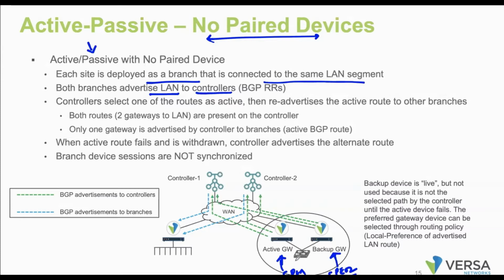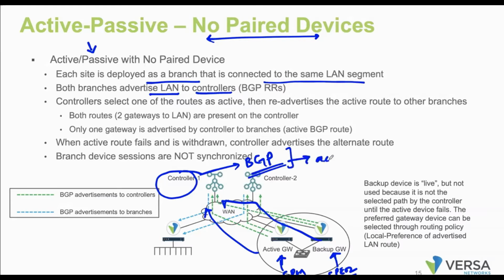So the branch CP01 will update its routes towards the controller 1. CP02 will advertise routes towards the controller 1. Now we are relying on the controller, or in fact, we are relying on the BGP process in order to achieve the active passive. Okay. What is going to happen here in the BGP process? Now CP01 has updated its routes towards the VC1, CP02 has updated the routes towards the VC1. Now the BGP route selection process will select one active BGP route.